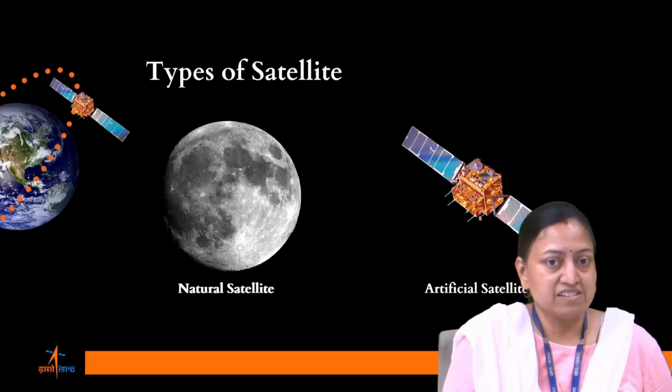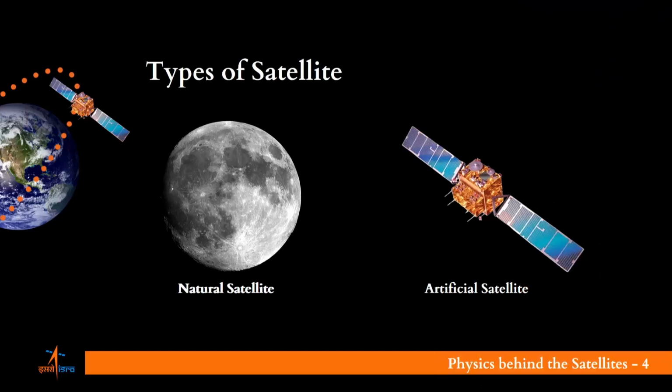As the name suggests, natural satellites are natural objects that revolve around a planet or a star. Natural satellites of a star are called planets, and the planet's natural satellites are called moons. For example, the Earth is a planet in the solar system as it revolves around the sun, and so are the other 7 planets. The moon is Earth's natural satellite, and moons of other planets have unique names. For example, Mars has 2 moons named Phobos and Deimos.